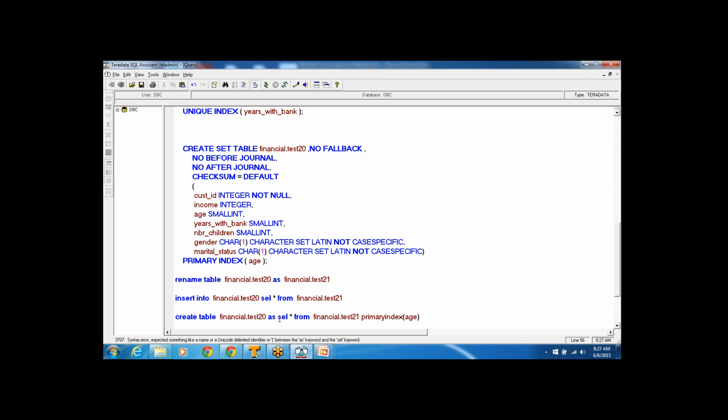Oh, I guess space. No, in between primary index and date. As keyword and the select keyword. Just a second. This is the thing that is wrong. I shouldn't place it like this. Primary index